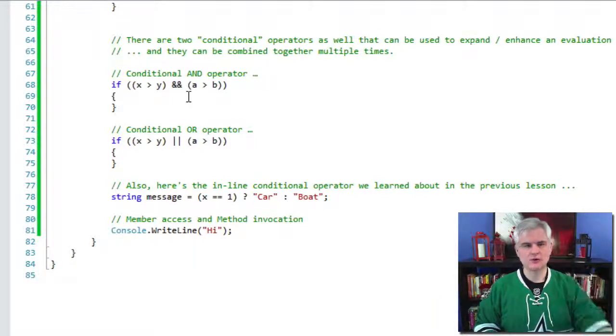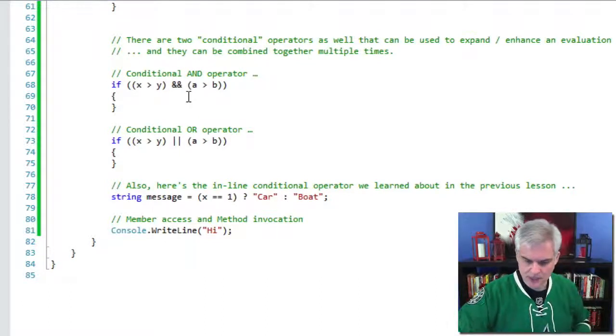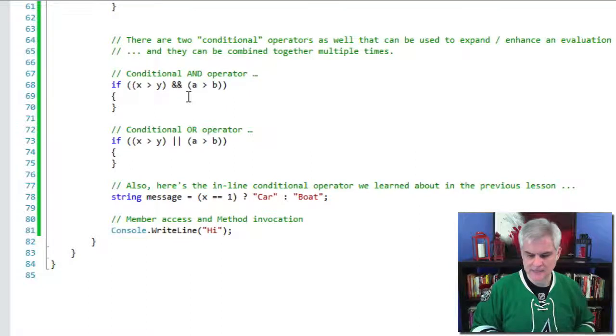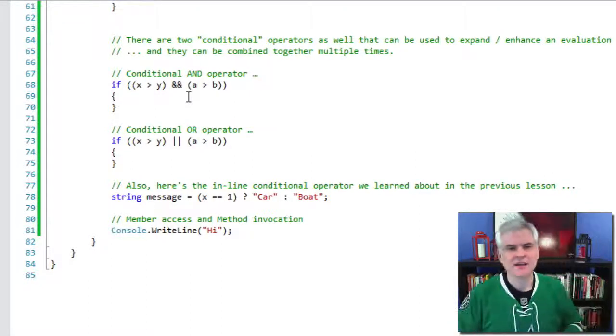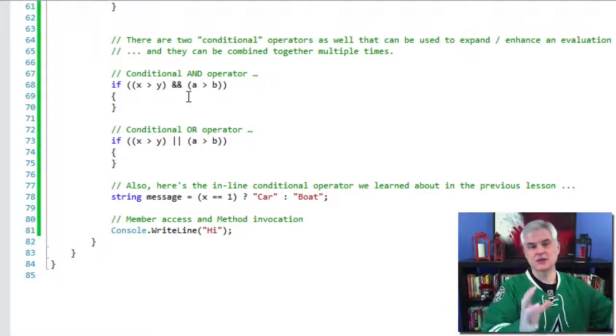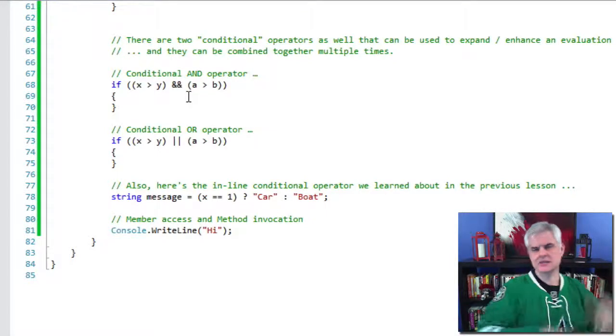There's also below it the conditional OR operator, which is just two single pipes. On my keyboard, that pipe symbol is over the backslash character above the enter key, but somewhere in that vicinity. And so that will say basically if x is greater than y or a is greater than b, then go ahead and execute this block of code.